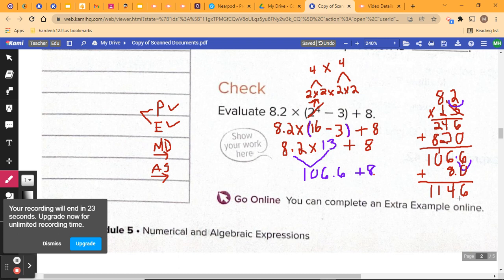And that's our answer. Then the rule for adding decimals, we just bring it straight down. We don't do what we do with multiplication and count the decimal places. We just bring it straight down. So that is our answer. And then maybe in elementary you learned that it forms a triangle when you're